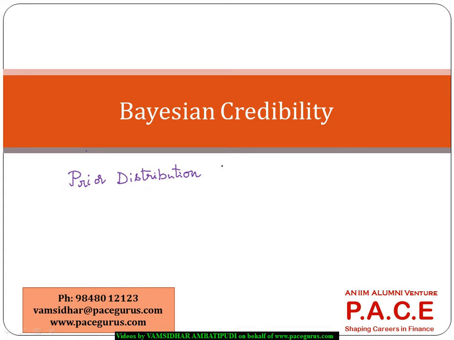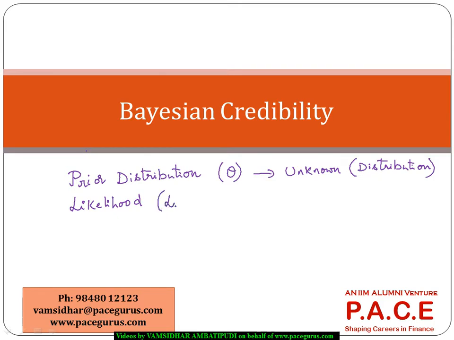We are making an understanding there that the parameter's value is unknown, and it need not be fixed also. It follows some kind of distribution. So initially we assume some distribution for that parameter, and that is what we call the prior distribution. And after that we collect the data. From that data, we try to come out with a likelihood estimate for the parameter, and based